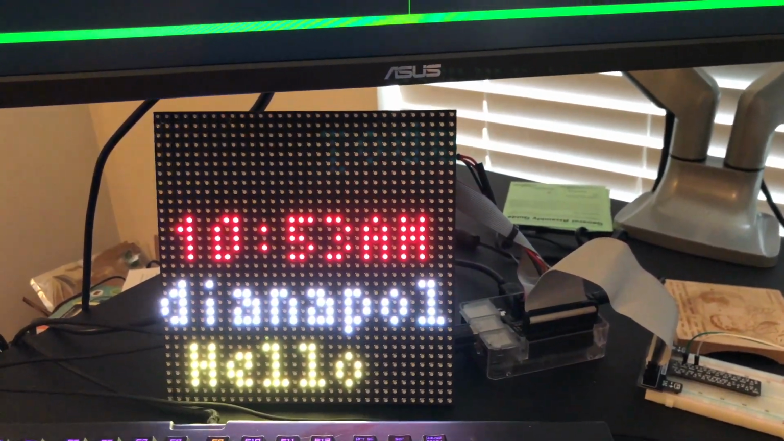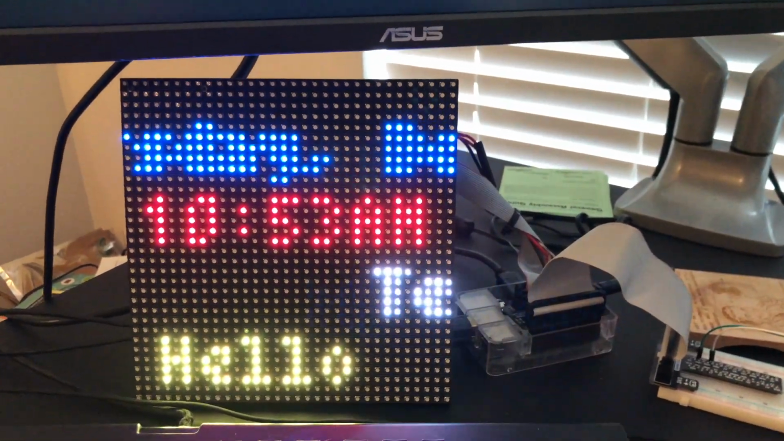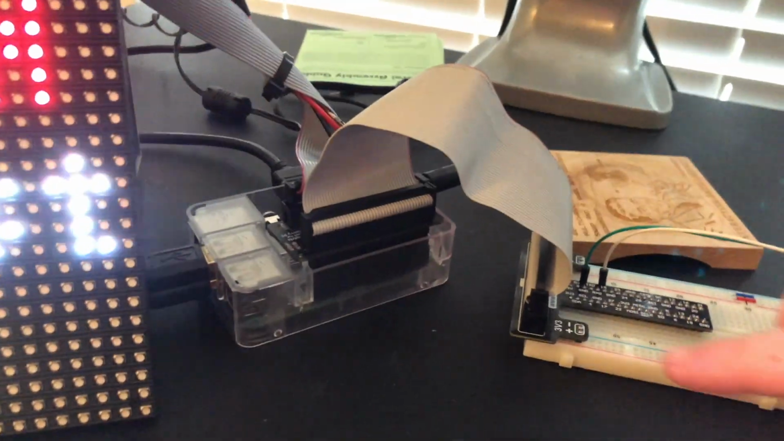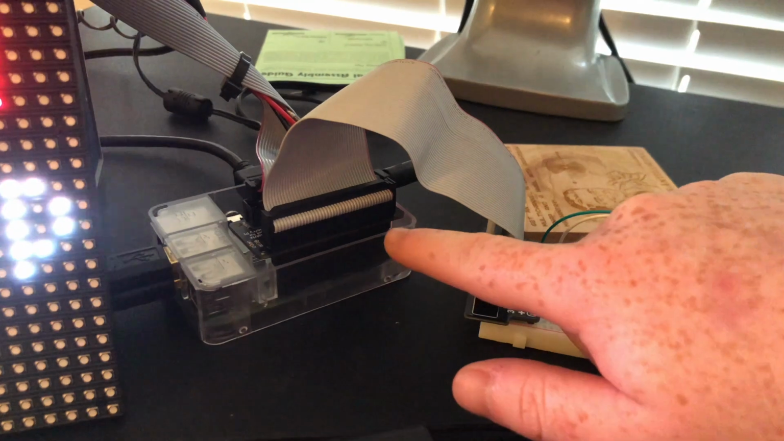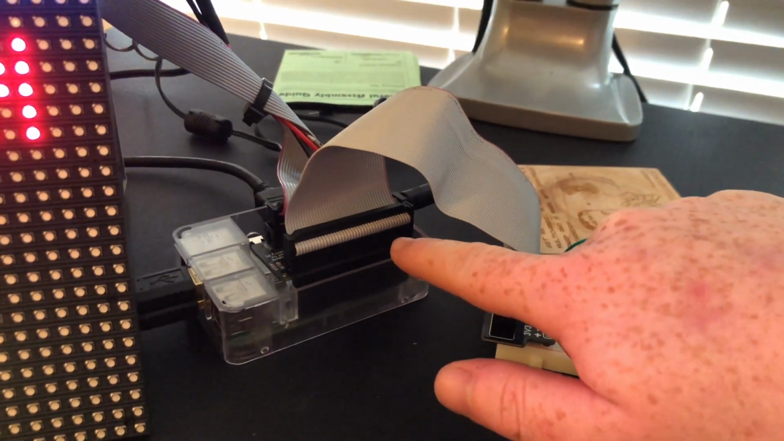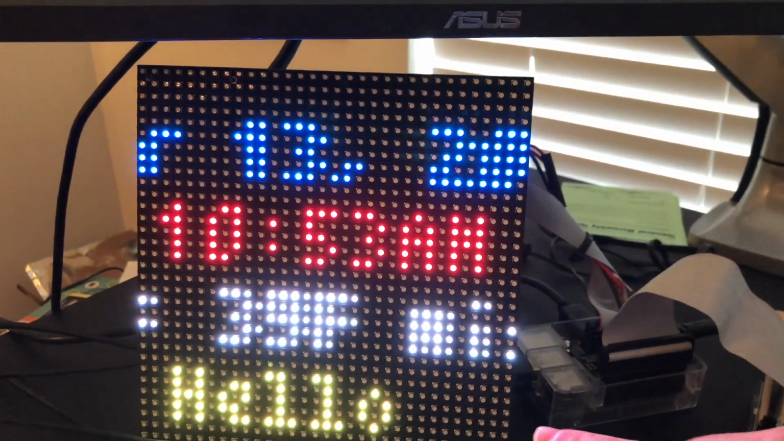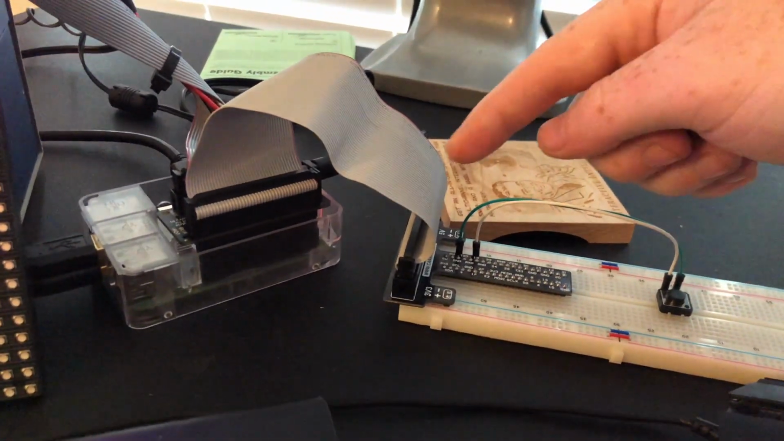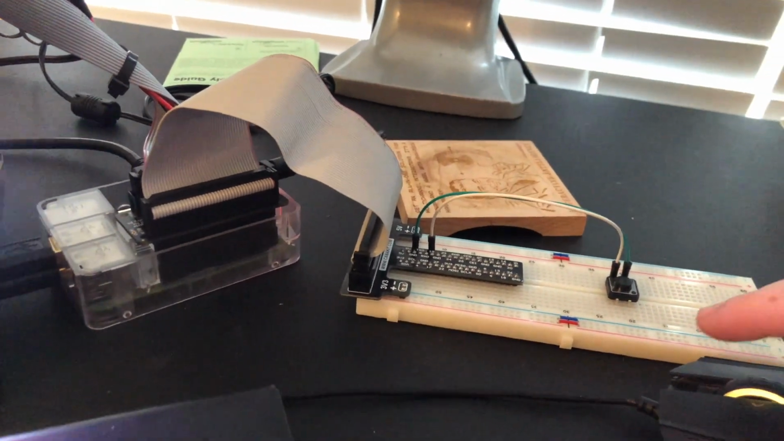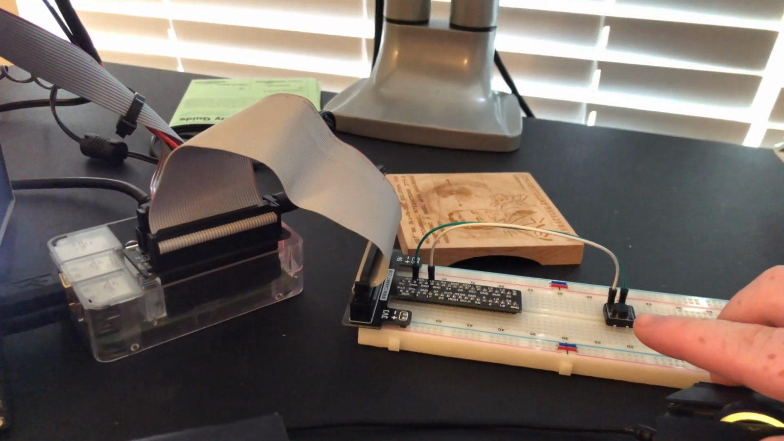Trent and I have built an Internet of Things smart alarm clock. Our hardware consists of a Raspberry Pi connected to an Adafruit hat, which allows us to interface with a 32 by 32 LED RGB matrix. We also have, using a T connector, a breadboard that contains a button that acts as a snooze button for